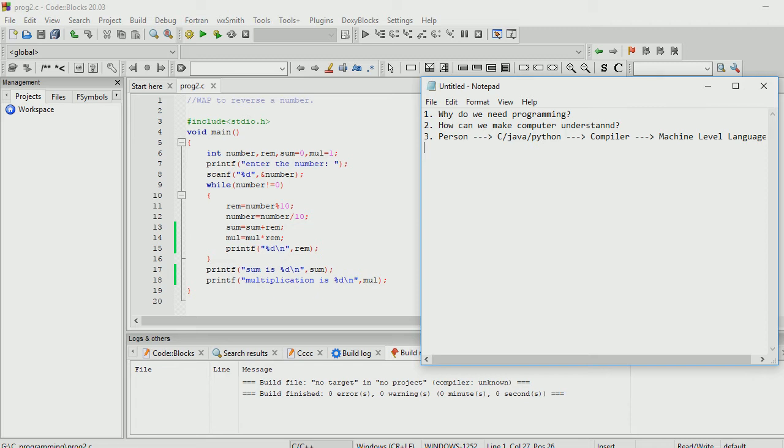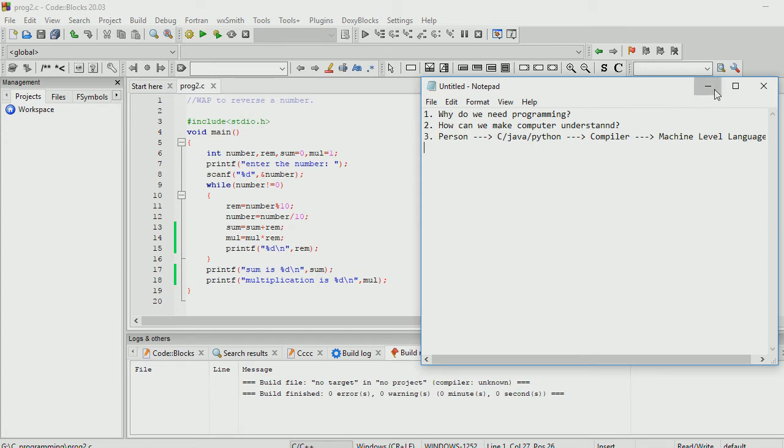We were extracting the digits through the remainder section, and we initiated a while loop. Through that we passed the quotient, and that is how we did the previous program. Now what we have to do is reverse the number.